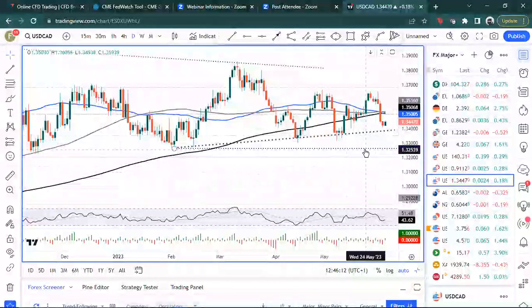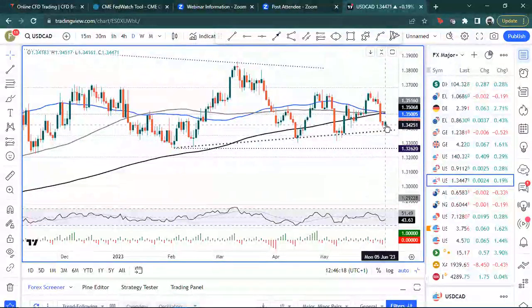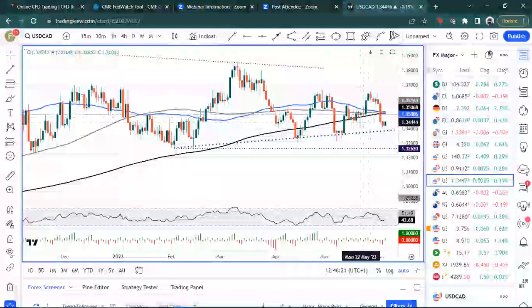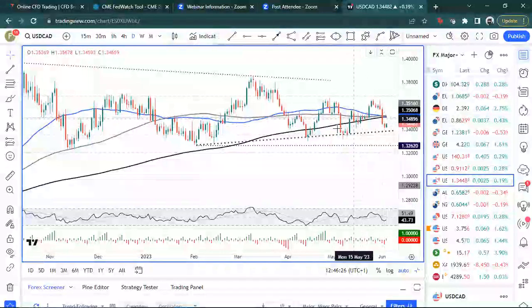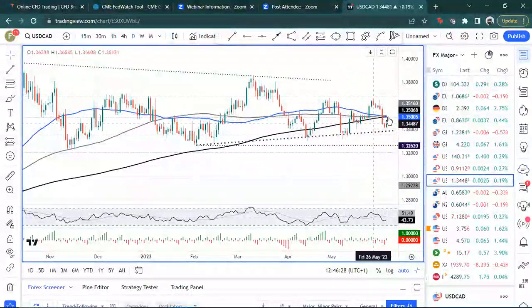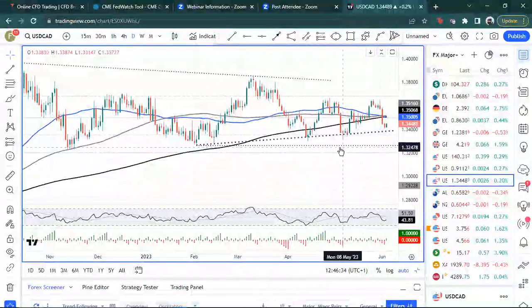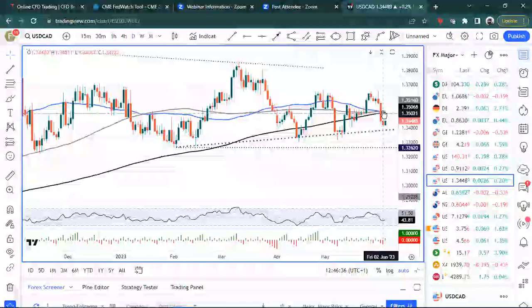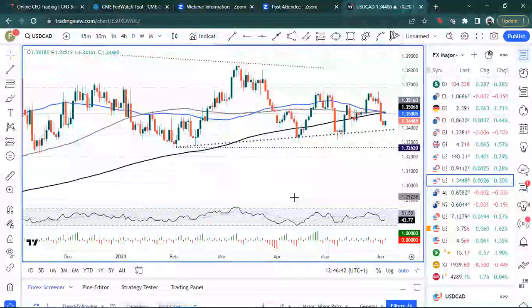If, of course, the Bank of Canada do signal that they're on hold still, then this will push above. Dollar CAD will move higher, and we've probably got resistance around 135, actually major resistance, because there's confluence of moving averages there, the 50-day, 100-day, and 200-day all gathering around 135. So that should potentially offer some resistance to dollar CAD and its upside.